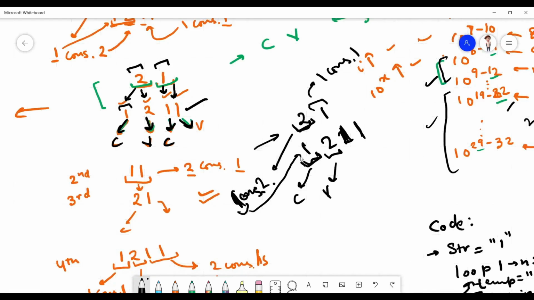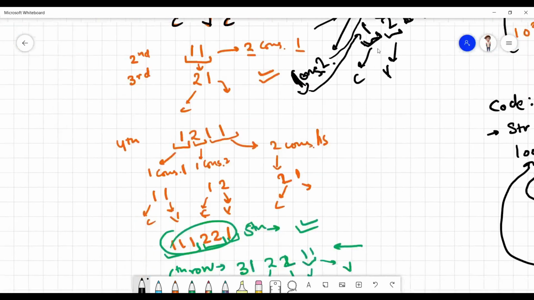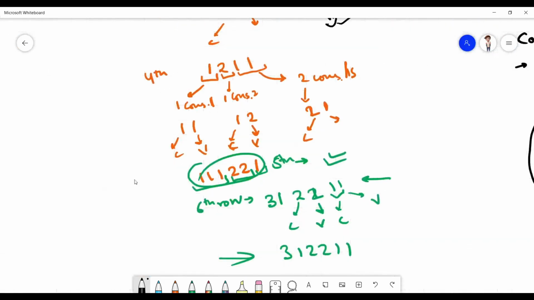So it was representing this value and it was representing this value, right? Similarly, this value is representing this and this value is representing this, and similarly we got our answer for this also. We derived fourth from 5 as it has one consecutive 1, one consecutive 2 and two consecutive 1s.